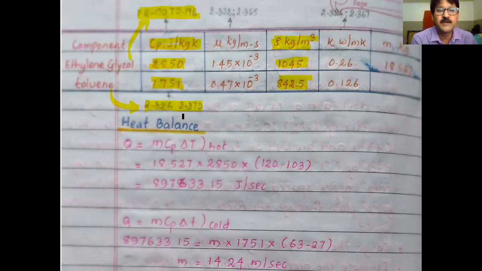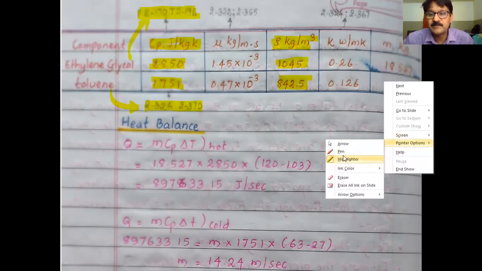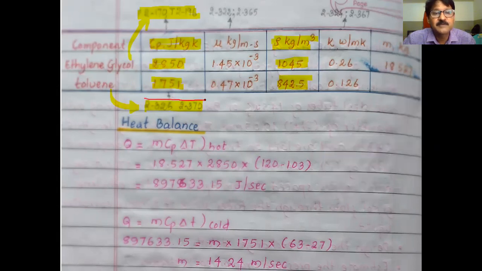Then I'll go and search for 326 to 370. Please remember, this is very, very important. I'll highlight this page, because on this page you will get the easiest method to find all the properties. Please highlight this. If it is available with me, I'll show; otherwise, I'll show in the next class. It is not there in the new version of Perry's handbook.